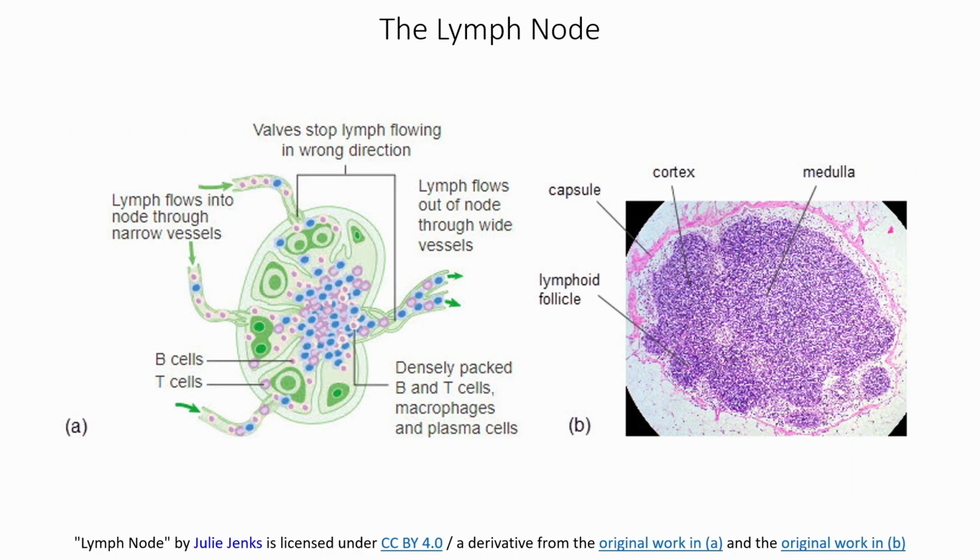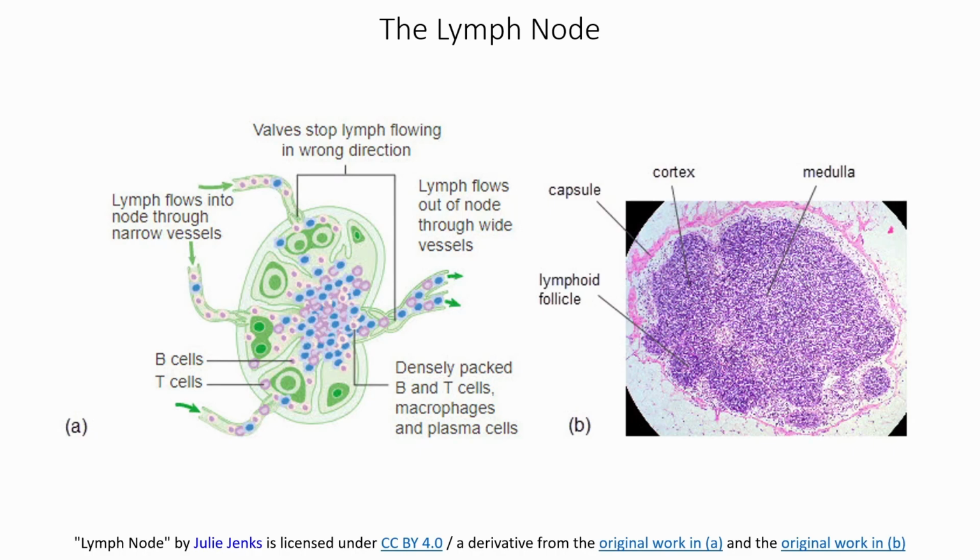All right, next one is the lymph node. The lymph node, we have tons of these all throughout in different regions, like in the inguinal region. We have them in your axillary, your armpit region. You may have noticed these getting swollen if you feel sick, but they all have the same basic structure,